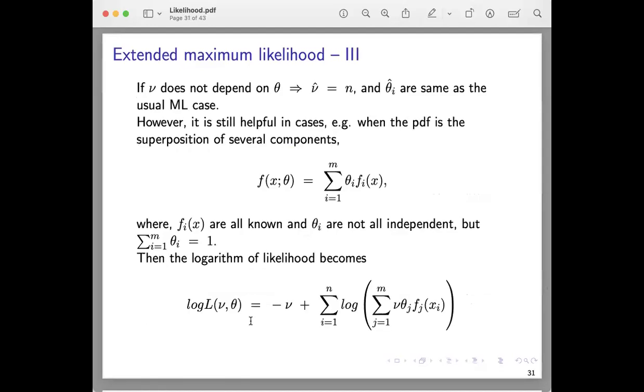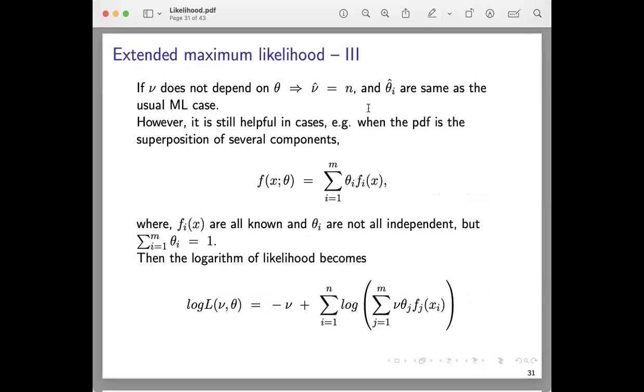On the other hand, if nu does not depend on theta, then simply the estimate of nu would be basically the number of events, and the estimate of theta will be basically the same as the usual ML case. Then you can treat them separately. However, it is still helpful to use the extended maximum likelihood